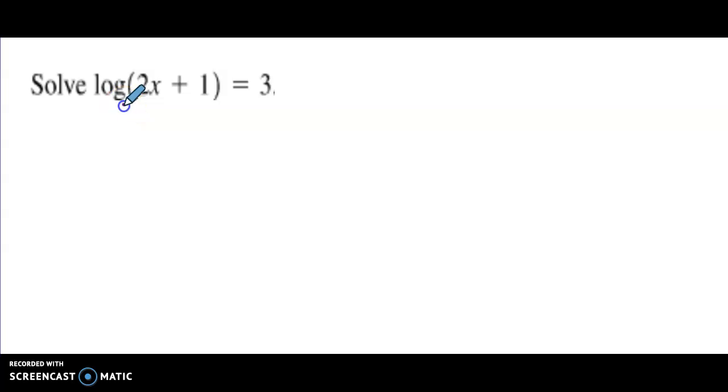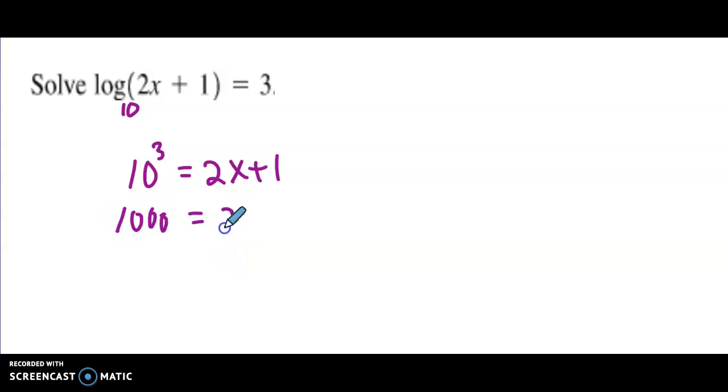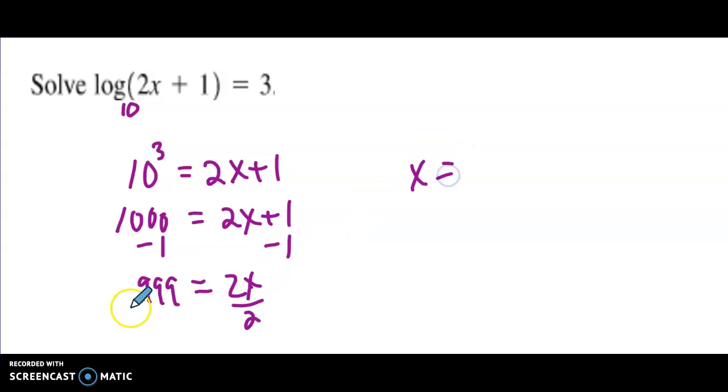It's log base 10. So we're going to say 10 to the third equals 2x plus 1. 10 to the third is 1,000. And then we just subtract 1. 999 equals 2x. Divide both sides by 2. We get that x equals